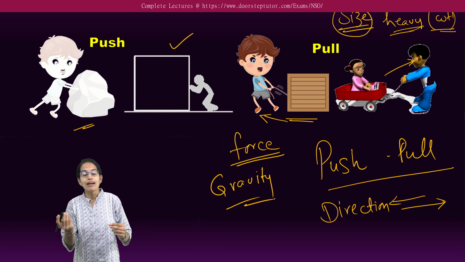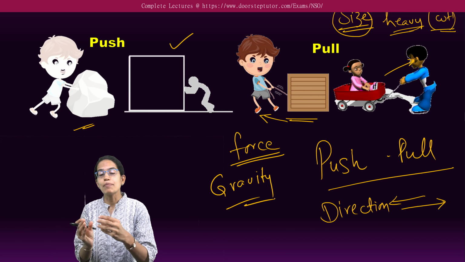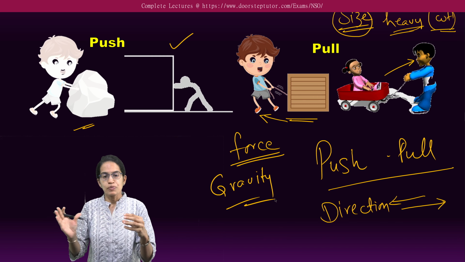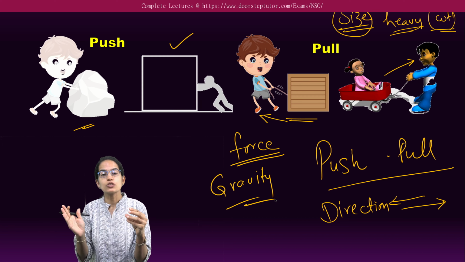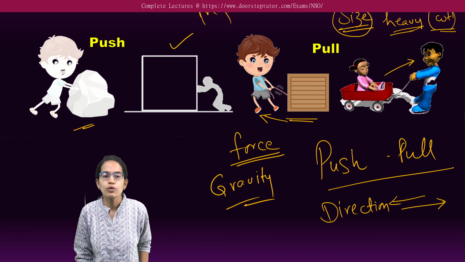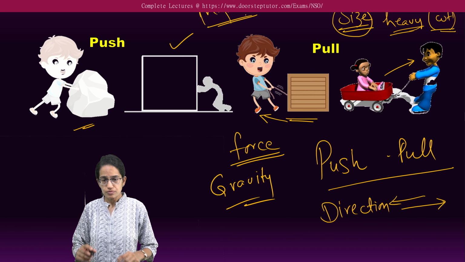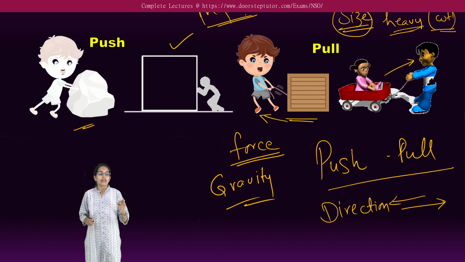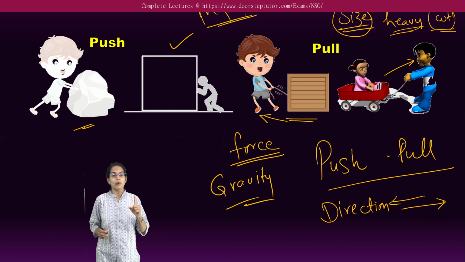Similarly, let's say I have an iron piece and I bring a magnet close to it. That iron piece would be attracted to the magnet. Now this motion of the iron piece towards the magnet is created again by a force. What kind of force? Magnetic force. So any of the motions that we talk about are exerted by